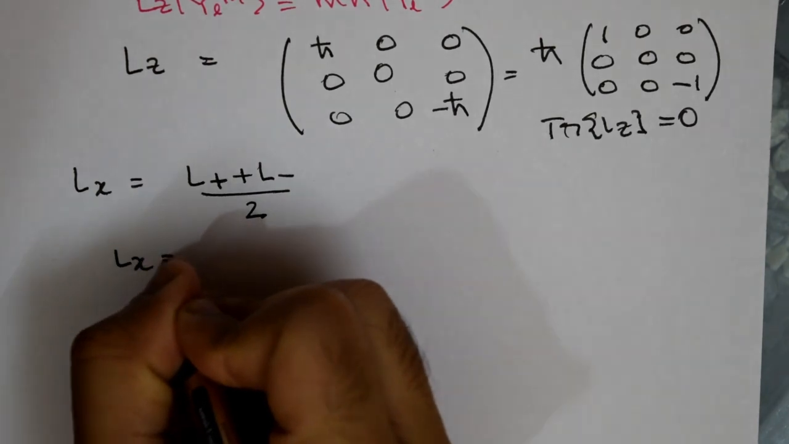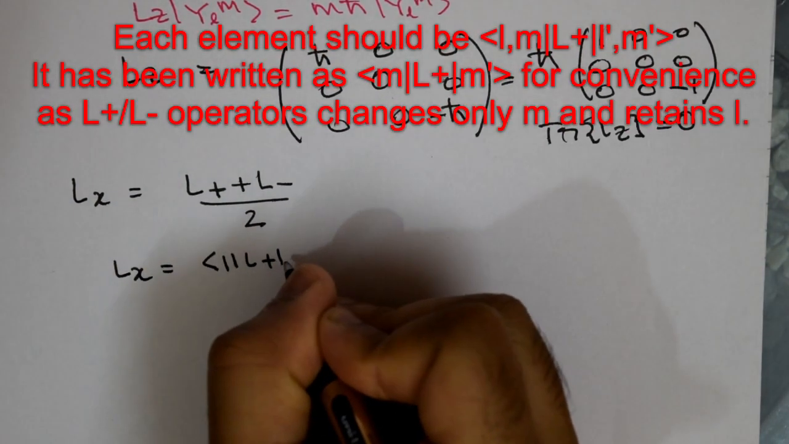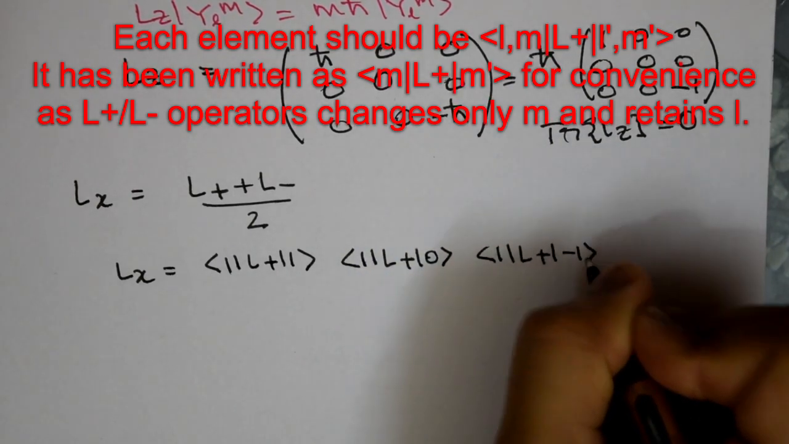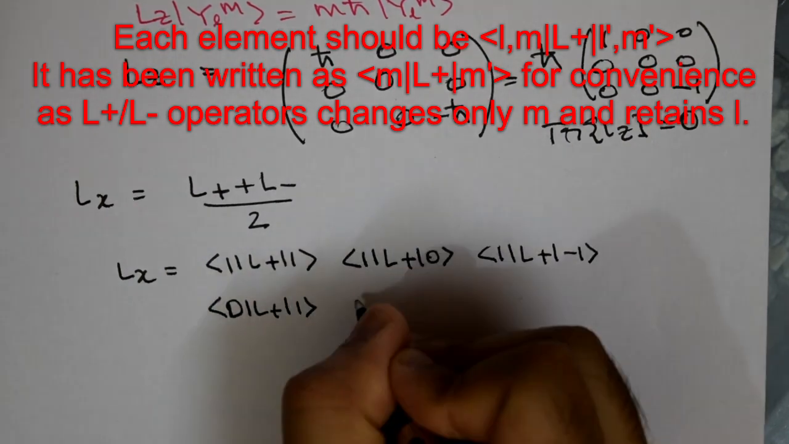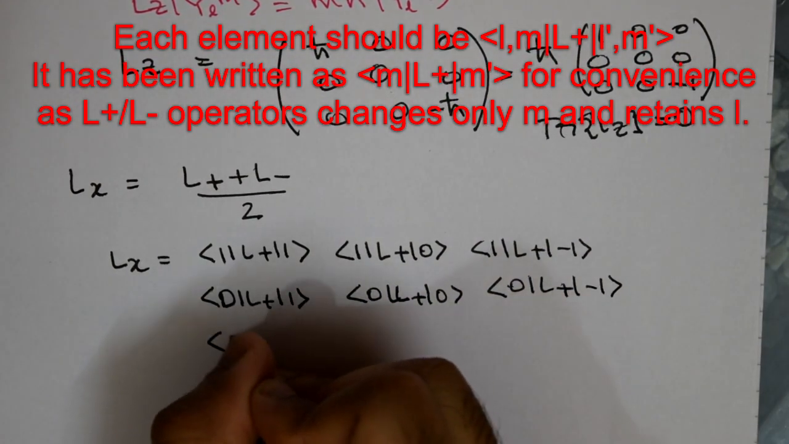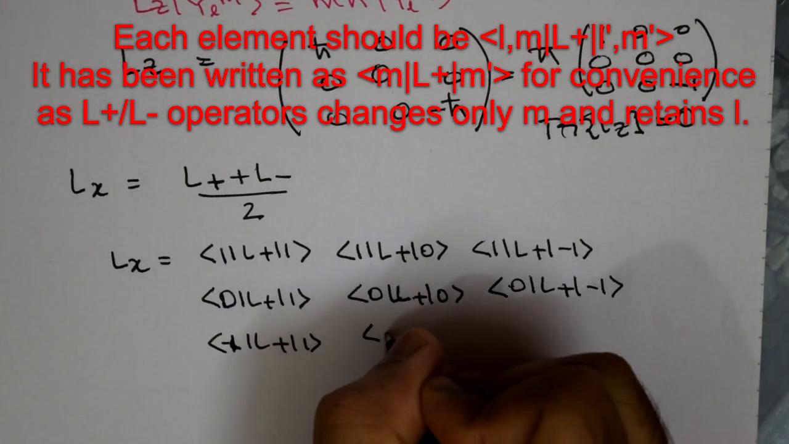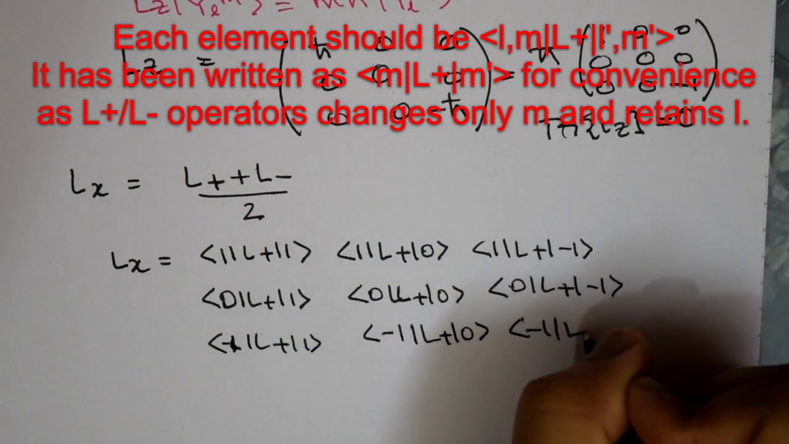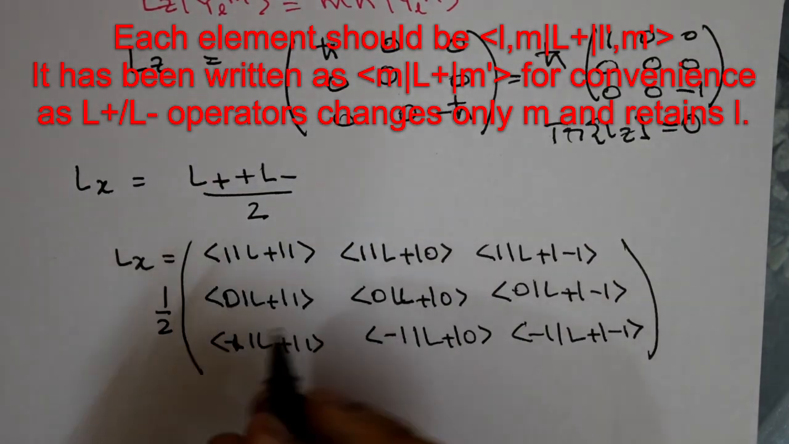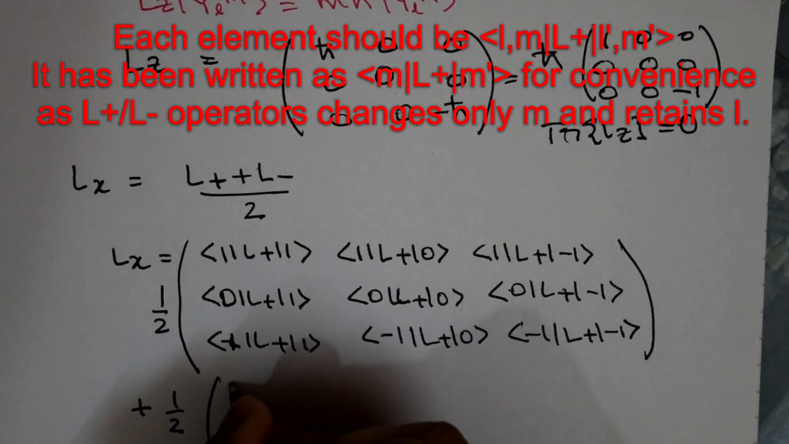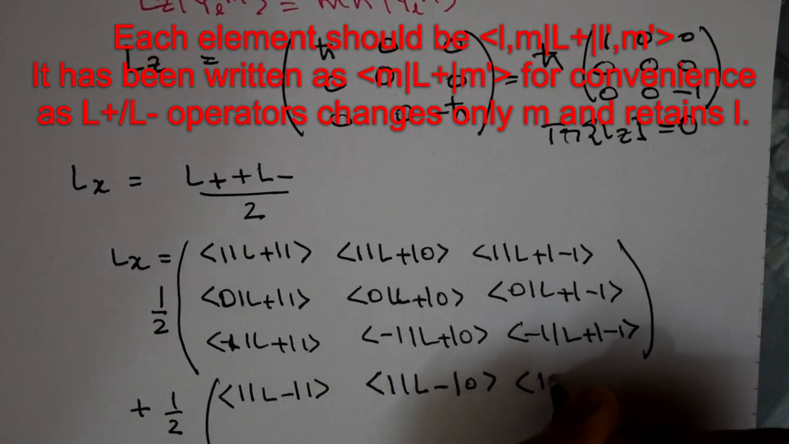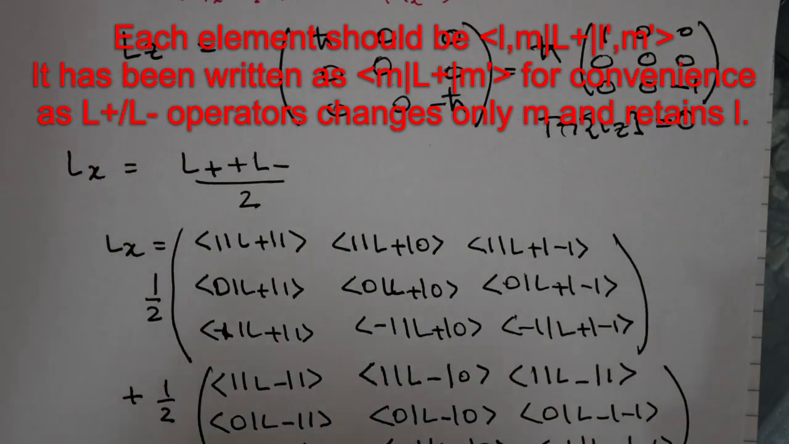So for the Lx operator, it is going to be 1 L plus 1, 1 L plus 0, 1 L plus minus 1, 0 L plus 1, 0 L plus 0, 0 L plus minus 1, minus 1 L plus 1, minus 1 L plus 0, minus 1 L plus minus 1, plus there's a 1 over 2 that comes up, plus half times 1 L minus 1, 1 L minus 0, 1 L minus 1, and we know for a fact that each time L